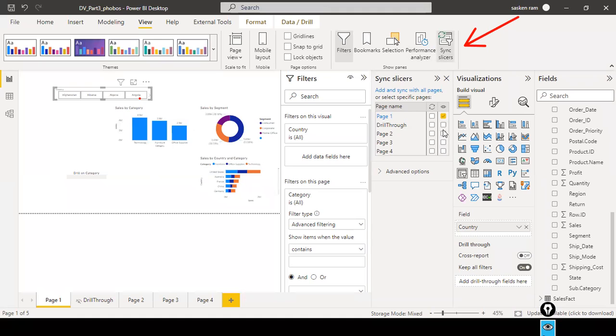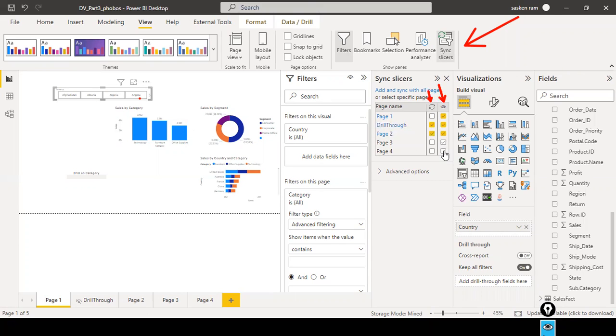Here, I have a page called drill through. In this page also, look here, there are two icons. One is the eye icon, right? This one is the eye, and this is something like synchronize. Okay. And so what I do is, the same slicer, you display it in the drill through page also, and